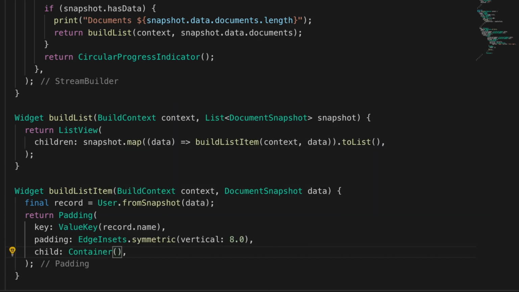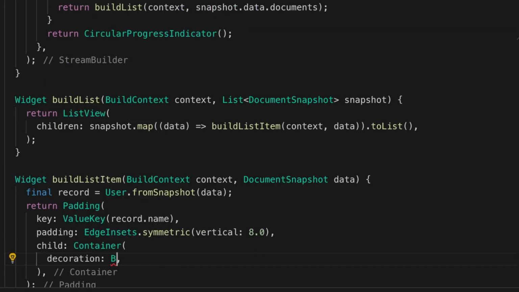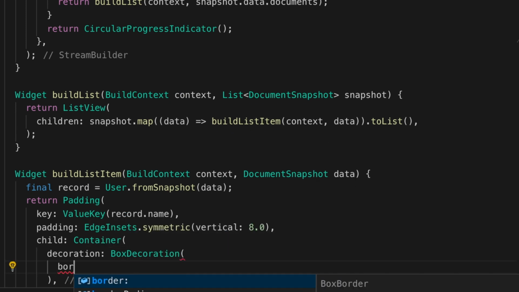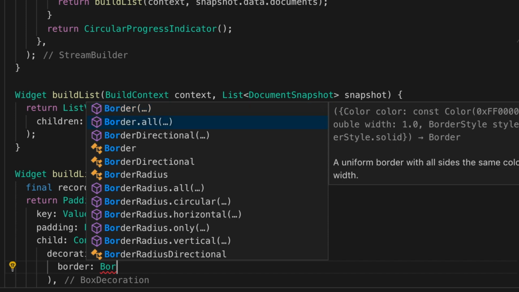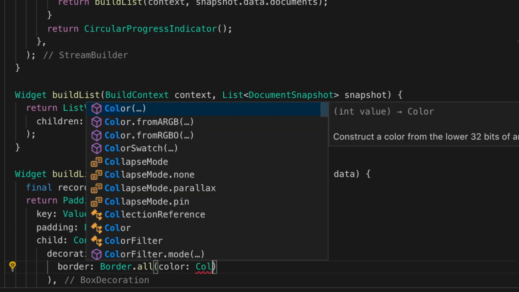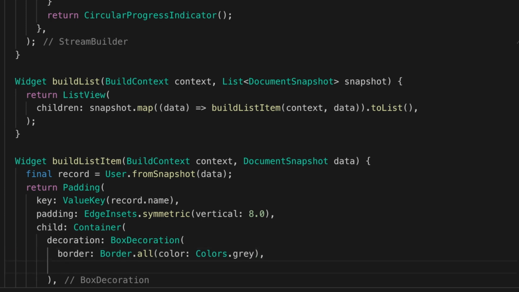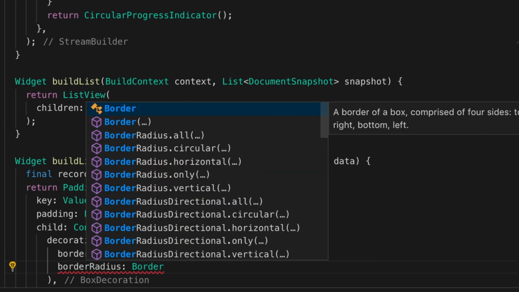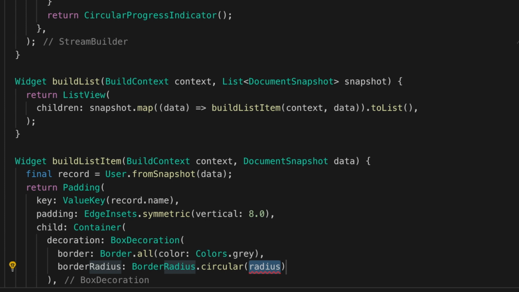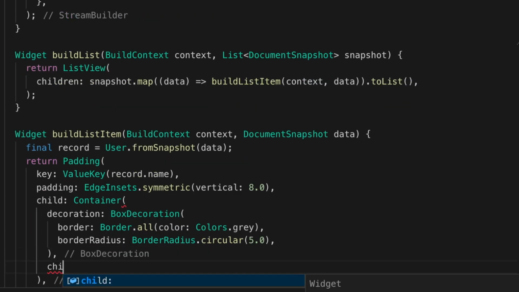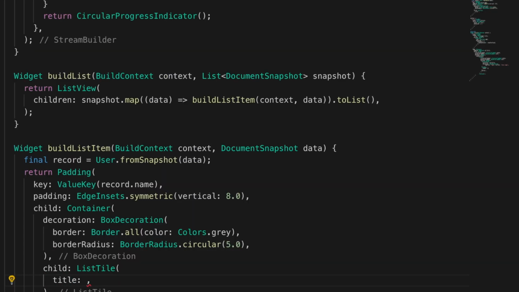Now give some padding, and child will be a new container with decoration. I'm going to give a rounded corner to each row. So border will be gray, and the border radius will be circular with radius, let's say 5.0, and the child will be a list tile that will take title record.name,